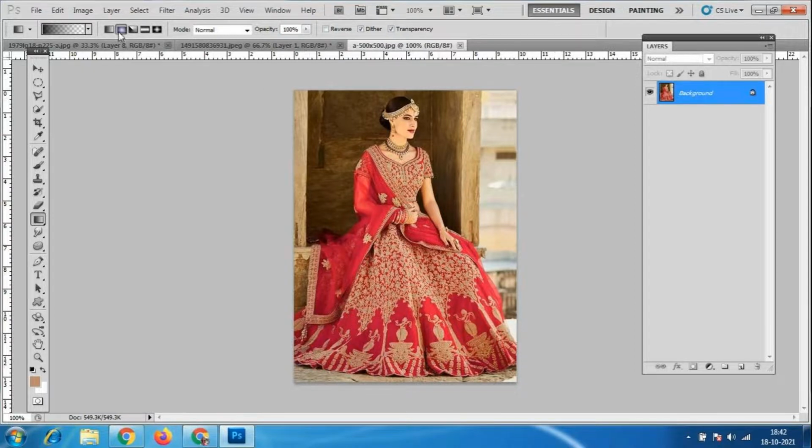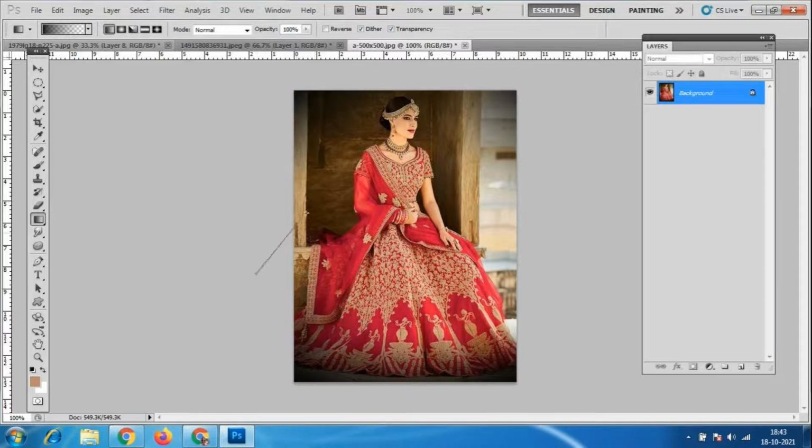Let us see what kind of gradient I'm taking here. The first one I will take is the linear gradient. I'll drag it, and it is applying not so much, only very little. I want to make the background a little dark. Okay, I want to highlight.